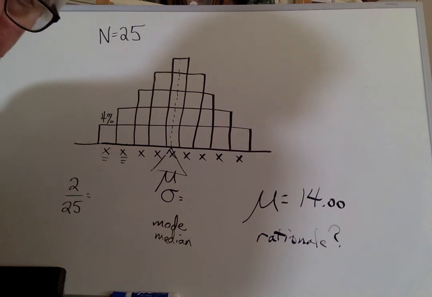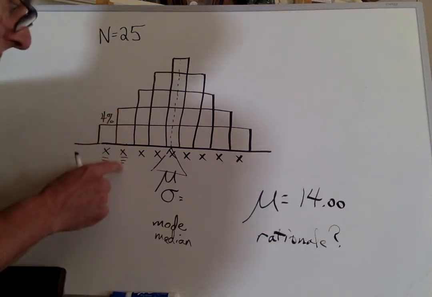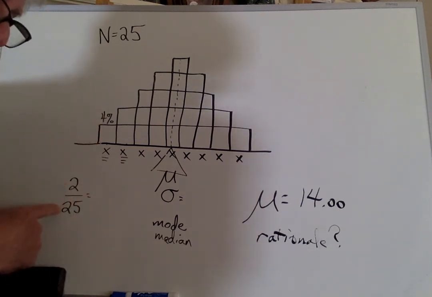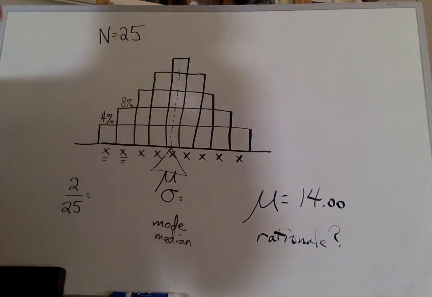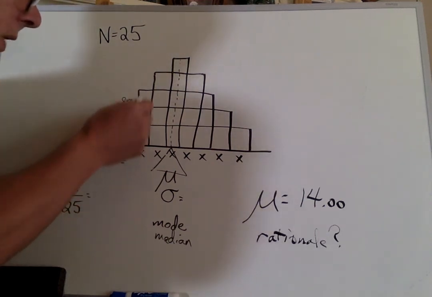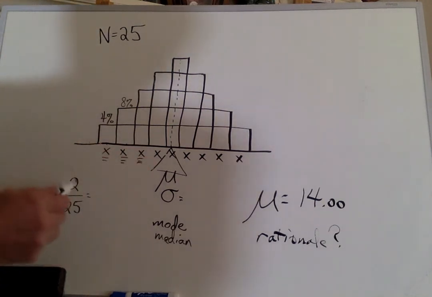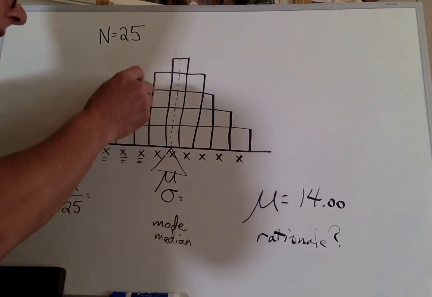So the probability of getting one of these with this number is double this. If we do this on your calculator, what you're going to get is 8%. What's the probability that we will get a block with this number on it? Well, now we have 3 blocks out of 25, and so this ends up being 12%,